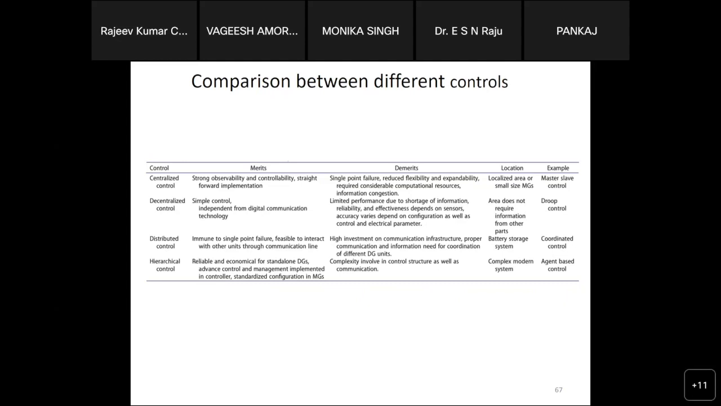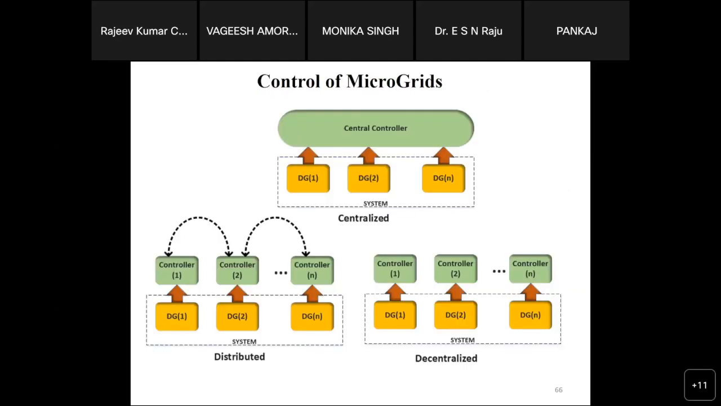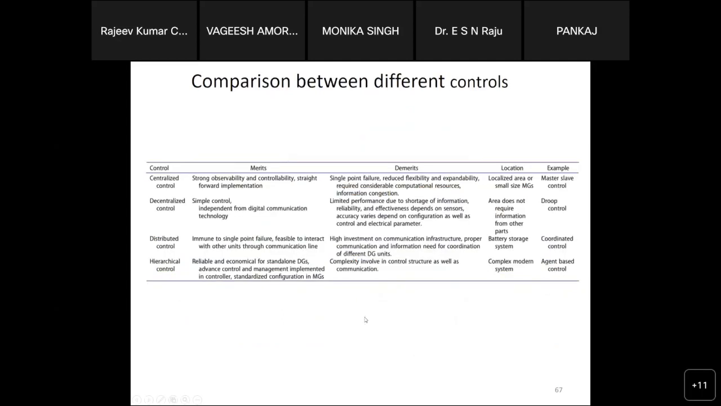Coming to the distributed one, as I mentioned earlier, in distributed control we have communication between all the secondary controllers and the other controllers, so that it is immune to single point failure, and it is feasible to interact with the other units through the communication lines. The only demerit is